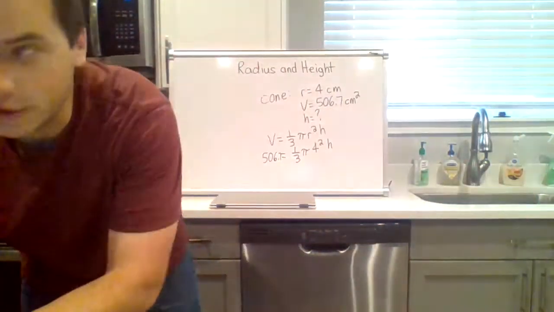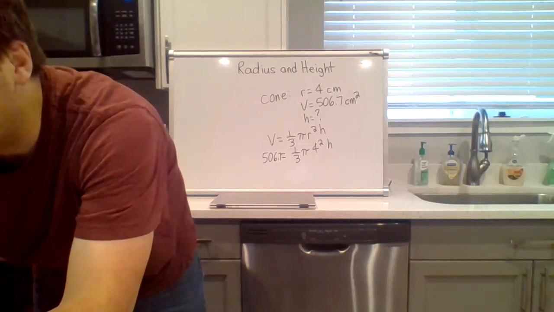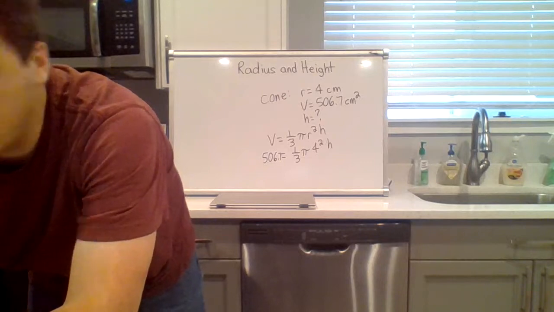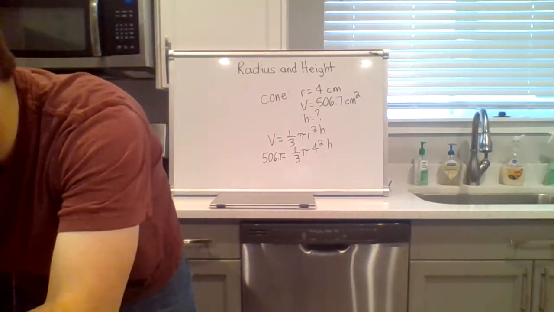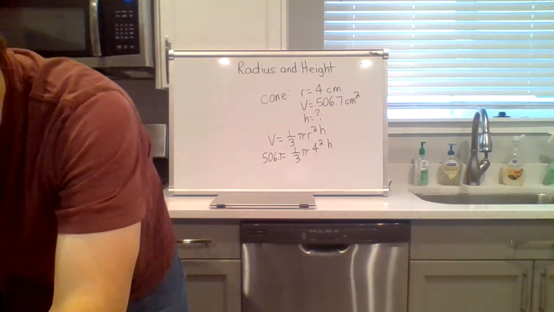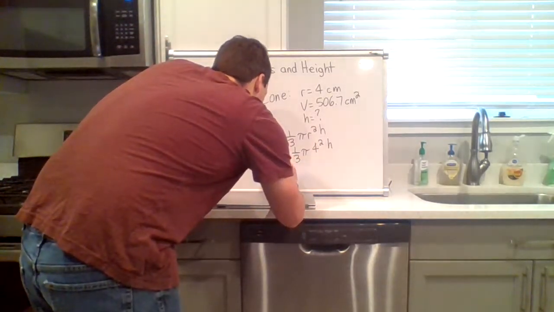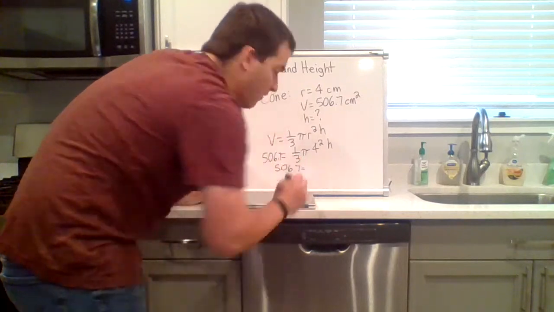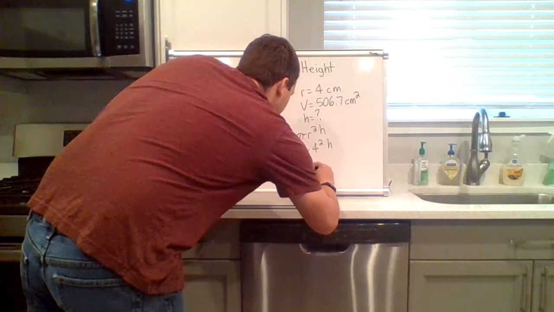I type into the Google calculator, or any other calculator, 1/3 times pi times 4 squared. According to my calculations, 506.7 equals about 16.76